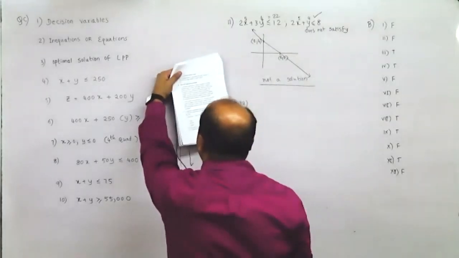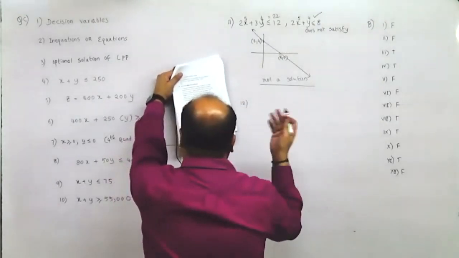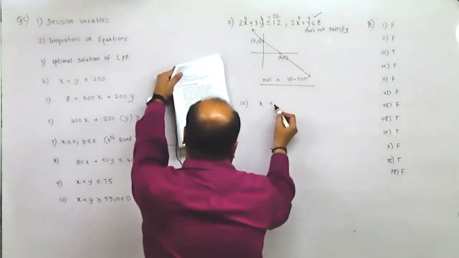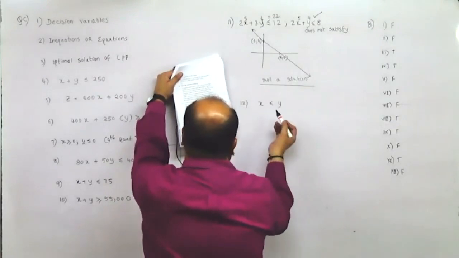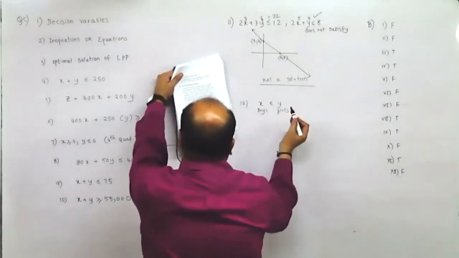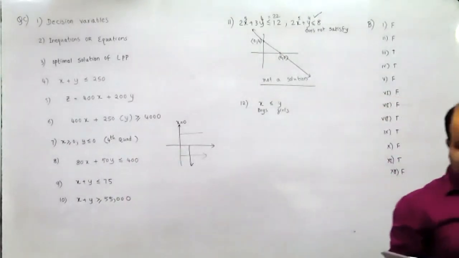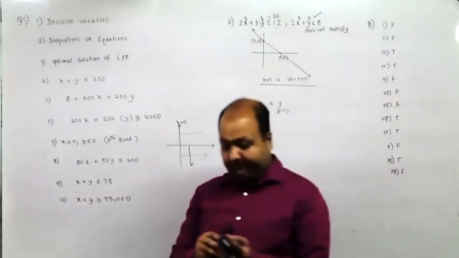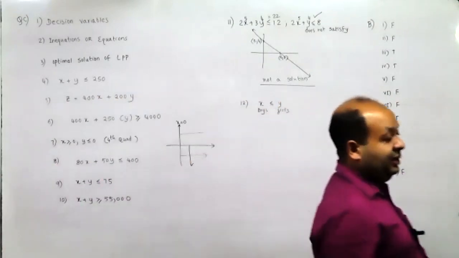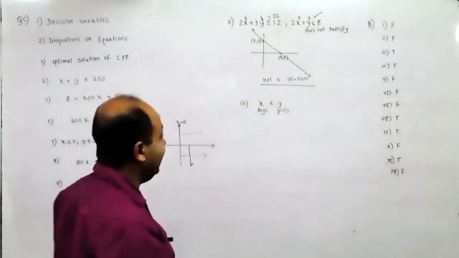12th. The constraint that in a particular 12th standard class, number of boys are less than number of girls. Now it all depends on what you take as X and what you take as Y. So X is always less than girls, means it can be X less than or equal to Y, or Y less than or equal to X, depending on what you write as X and what you write as Y. So here they should have mentioned boys is denoted by X and girls by Y. I'll take the first one as X, second one as Y. What is the answer given behind? Y and then X. Yeah, so it doesn't matter. I am not that good in biology, so I cannot write what is X, what is Y and all.